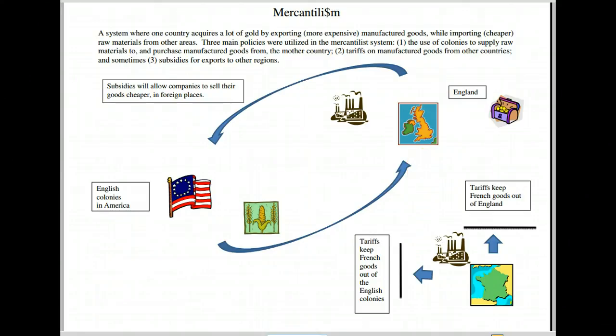Up to this point, mercantilism sounds very intuitive, like a good thing for a country. These mercantilist policies will help protect English factory owners from foreign competition, and the colonies will consume all the manufactured goods that the English themselves can't or don't buy. And these same colonies also provide raw materials for English factories. It sounds simple, but rarely in life are things so simple.